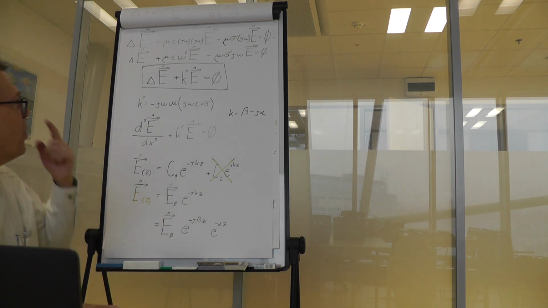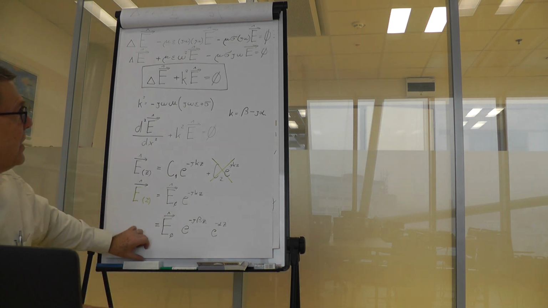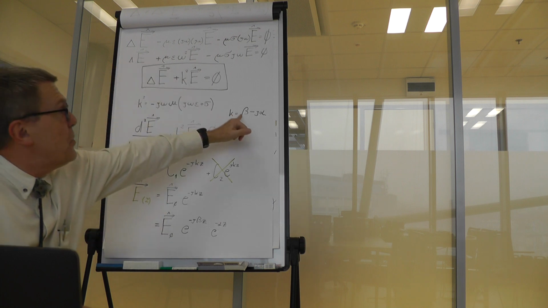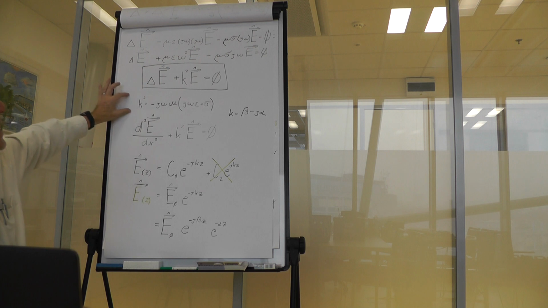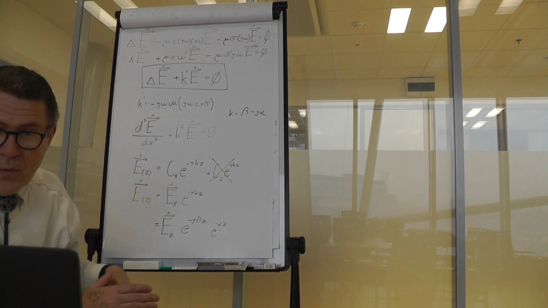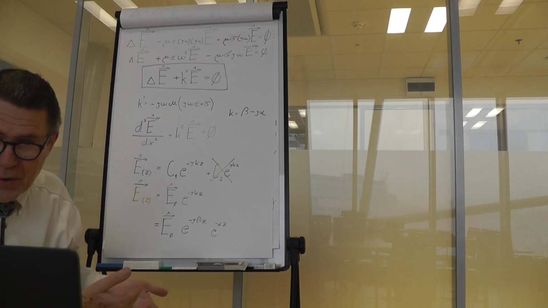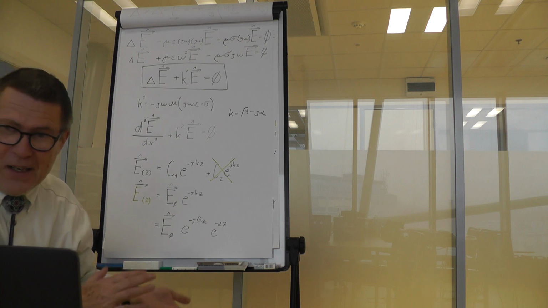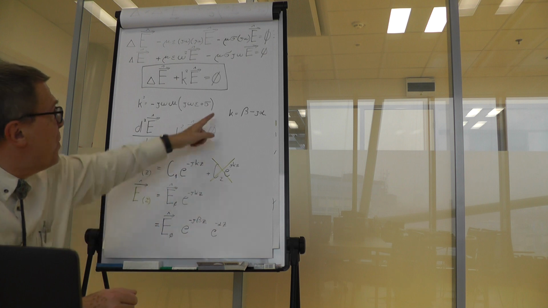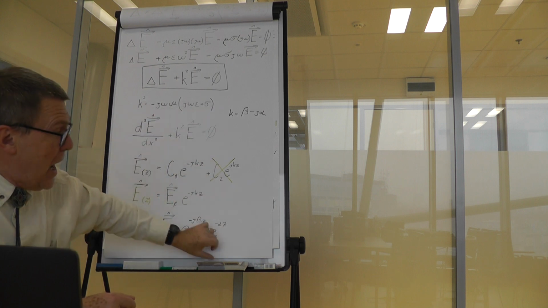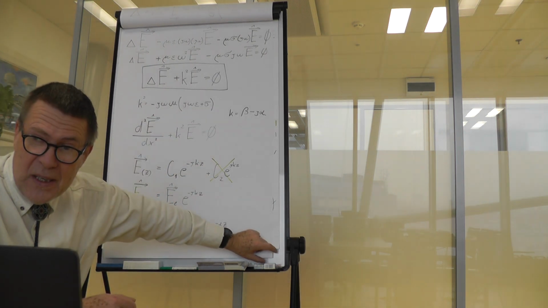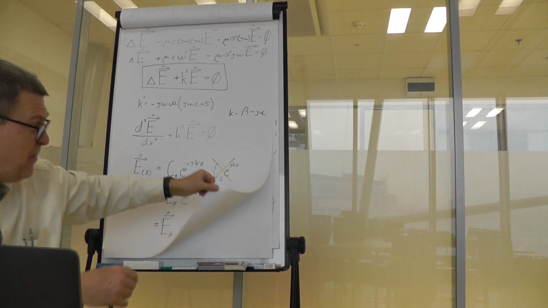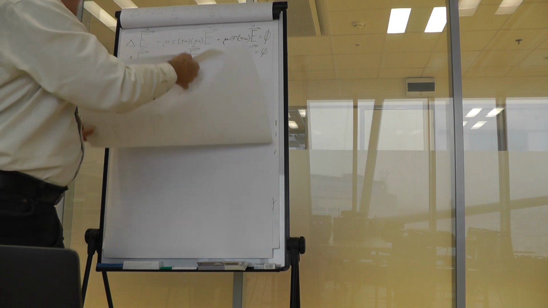Now we will establish beta and alpha out of this equation, which means we have to carry out the square root and find the real and imaginary part of the square root of this equation. I will carry that out for you easily in the next step. So the result of that would be